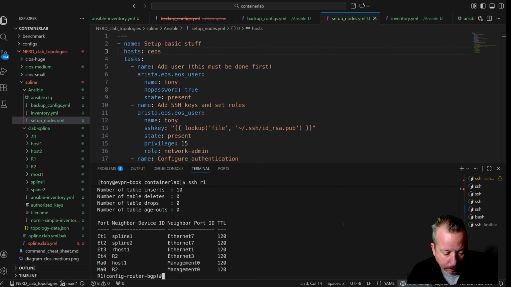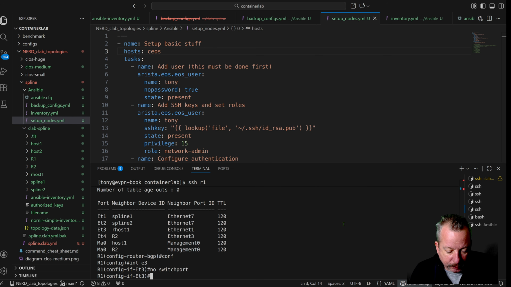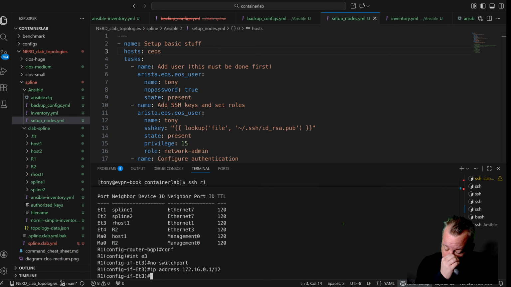And we are connected to our host one, so we'll do the switch port IP address. We'll do 172.16.0.1/12. I like doing the 172s as like an external network. It's just a convention I use. And then